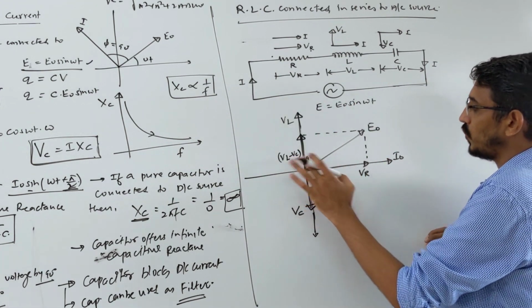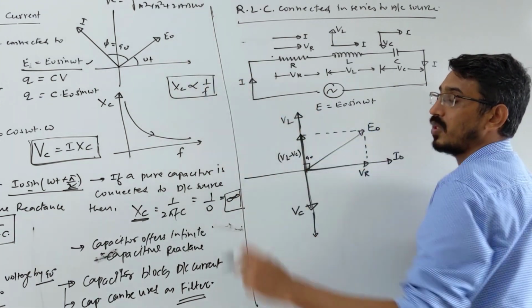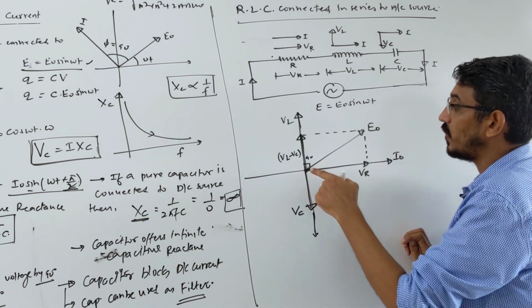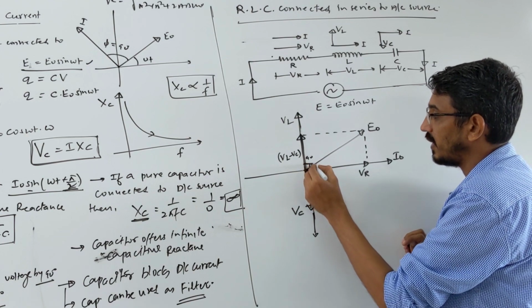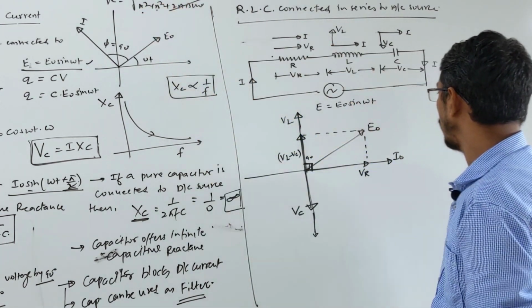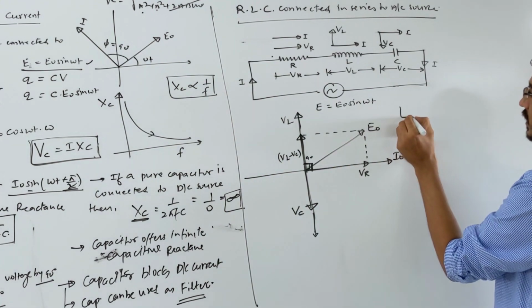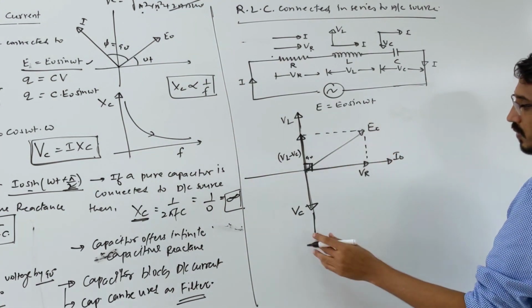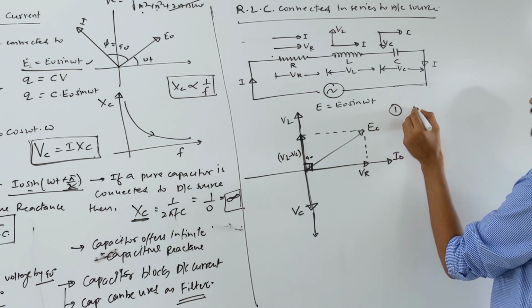Again we add these two by the vector rule, same formula, root of a square plus b square plus 2ab cos 90. Here the angle is 90, and cos 90 means 0. So what is the answer? Just a square plus b square. So your net voltage that you are supplying, E naught, is nothing but that. First I am writing a small point at the top.